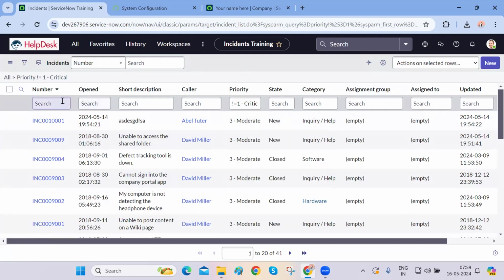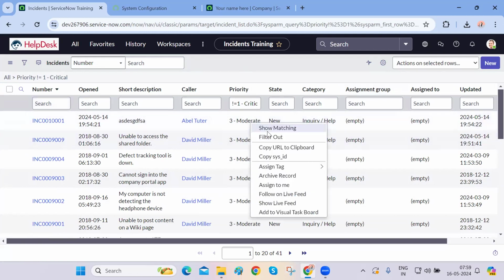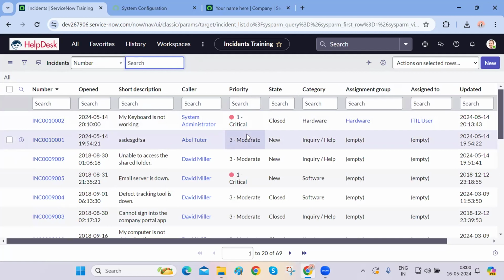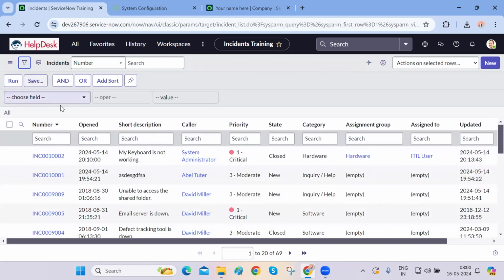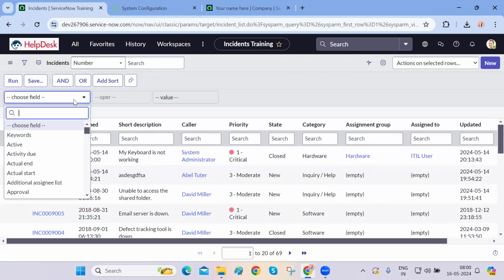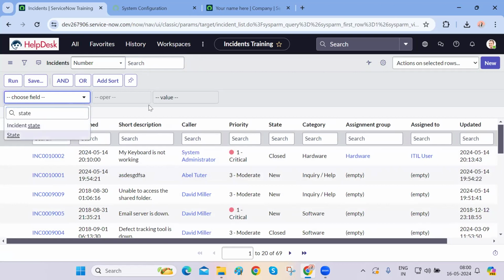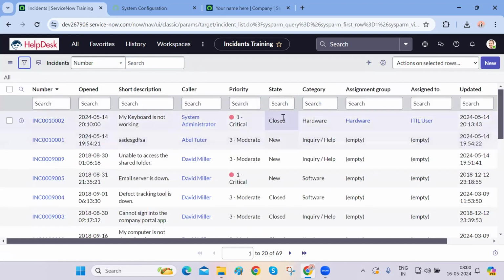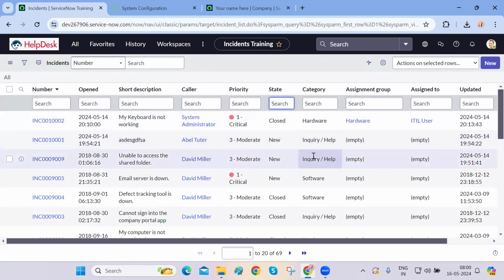If you want to filter something out, you can directly click on it and do show matching and filter out. So that's one thing you can do. The second thing you can do is, let's say I'm here on the list, and I don't want to use the condition builder or the filter funnel icon and select state is equal to closed or something like this. No, I don't want to do that. What is the other way I can do it? I can directly write in this particular state